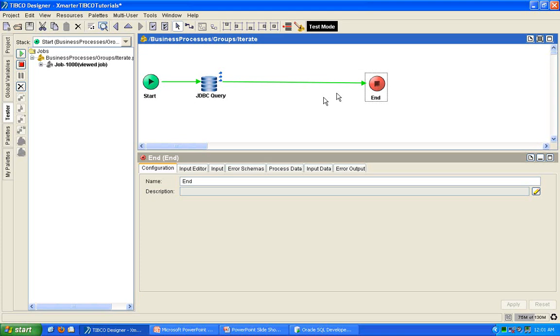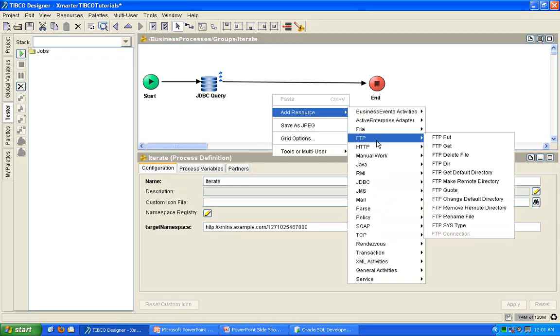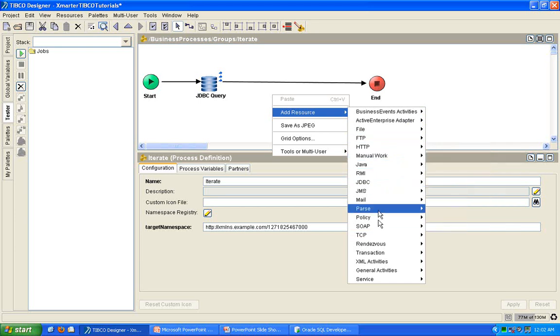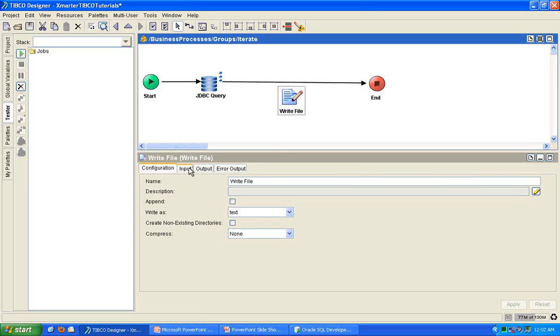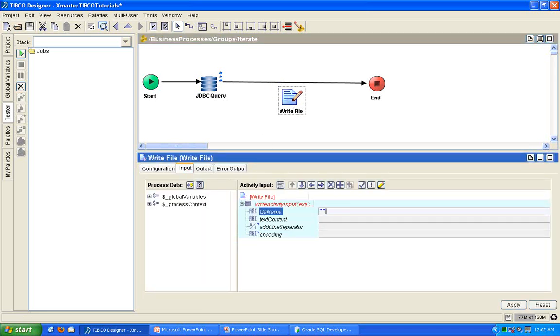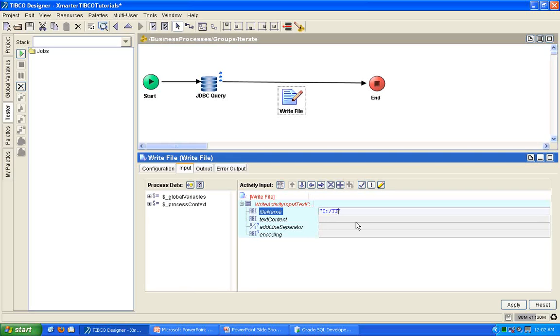I would like to write this into a file, and I better go faster here, otherwise this video is going to be too long and YouTube is going to reject it. So I'm going to write these into a file. I'm going to do a write file activity. Let's see here, what should we call this? We'll call this TIBCO product paths. How about that? TIBCO product paths